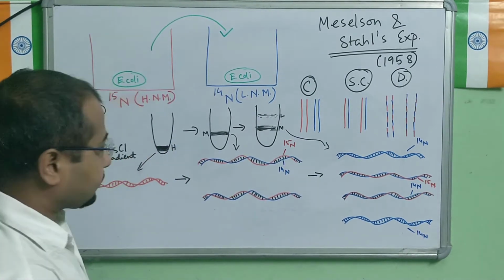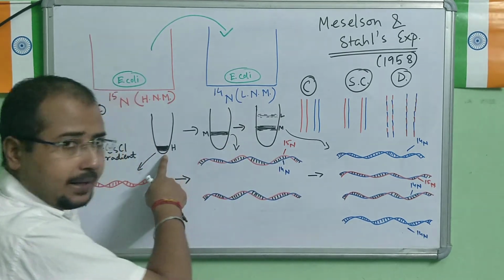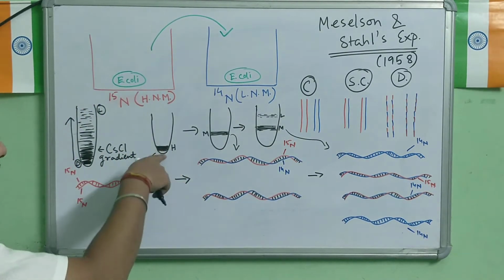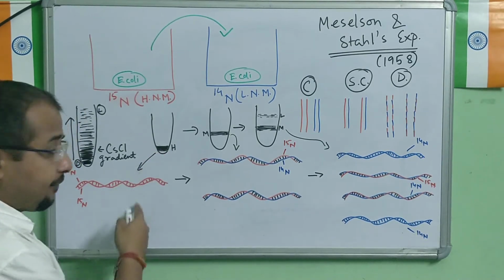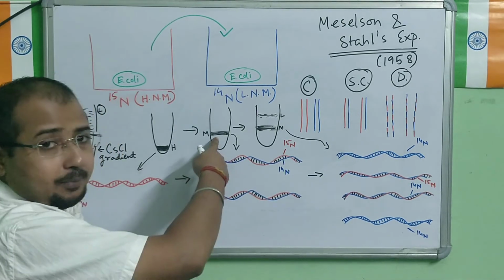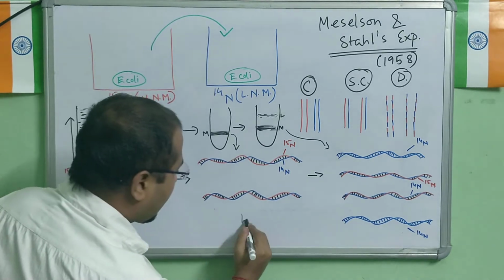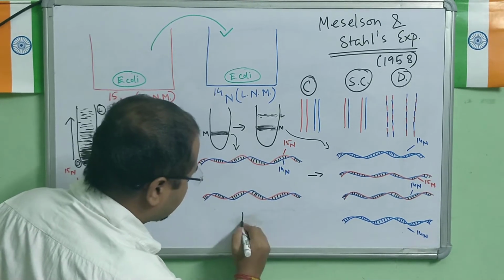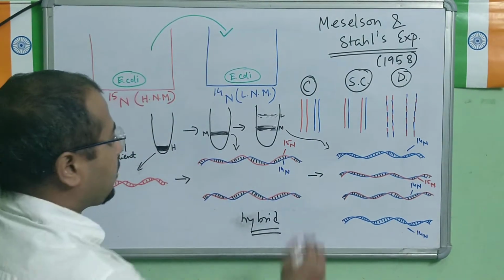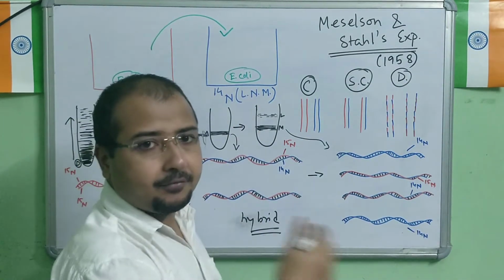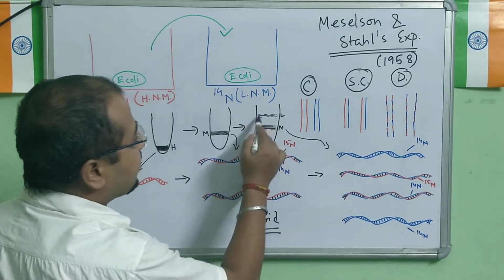Now see this condition here. First, the parent generation: I got parent DNA with this dark band here, so the heavy strands. Second, the medium band, meaning this hybrid condition. This is the hybrid stage. Now again it is allowed to move forward for the next generations, and they came up with the medium and the light bands.